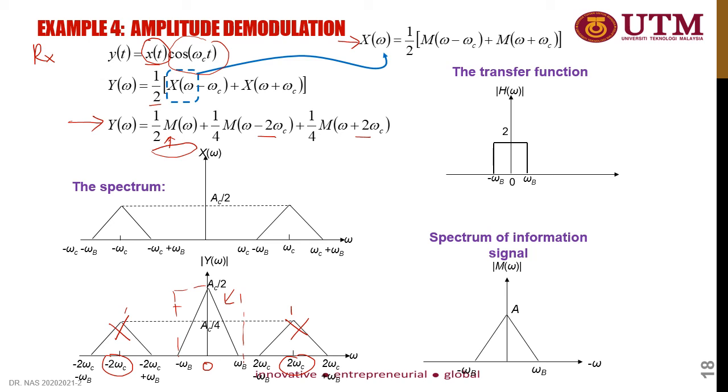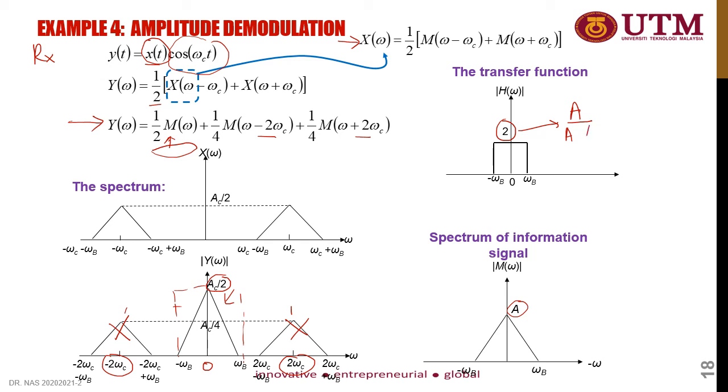The magnitude of the filter is the ratio of the output required to the input. In this case, the original has amplitude of A, so the output must have the amplitude A as well, divided by the input of the low pass filter, which has the magnitude of